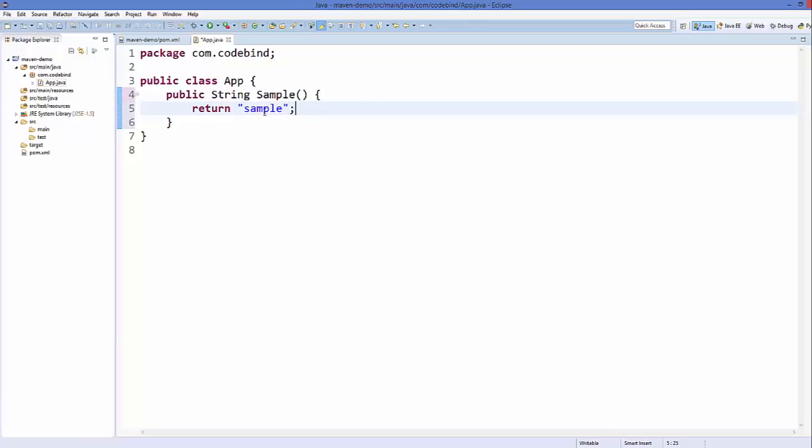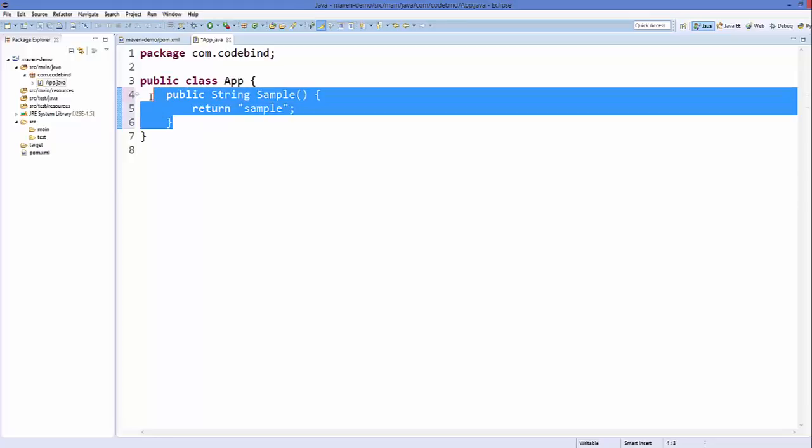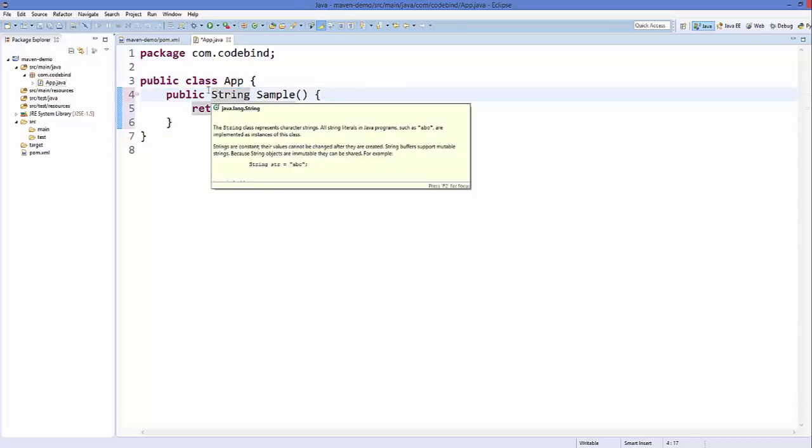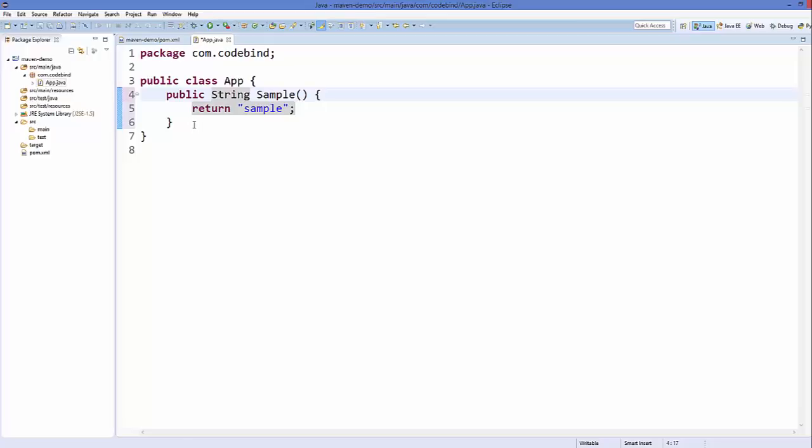Okay, so it's not really a complicated method we are creating here. We just want to understand how Maven works. That's why we have just created this placeholder kind of method here. Now for creating the test case for this, what I'm going to do is go to